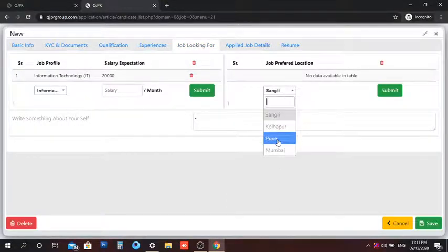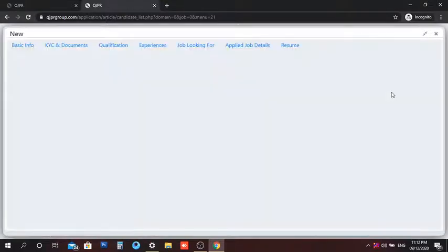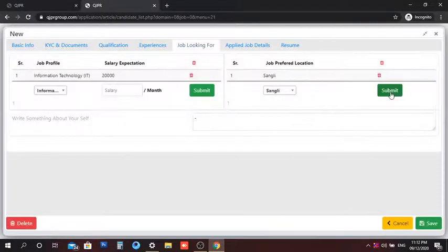Select the job preferred location, submit. Here enter something about the candidate's profile and next save.